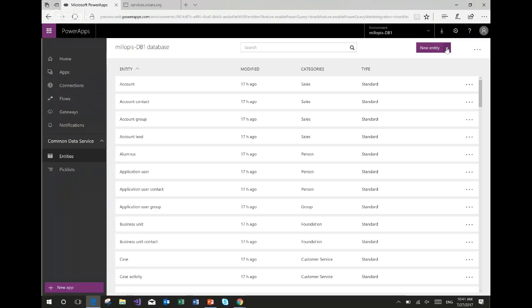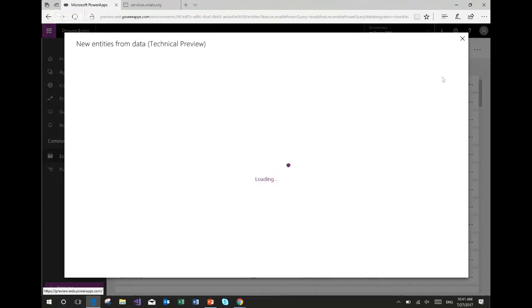For some of you, this will probably look today like just a regular button that says New Entity rather than a drop-down. Once we onboard you into this preview, you're going to see a few new options. The last option here is New Entities from Data. So this is the Power Query integration that I was referring to.